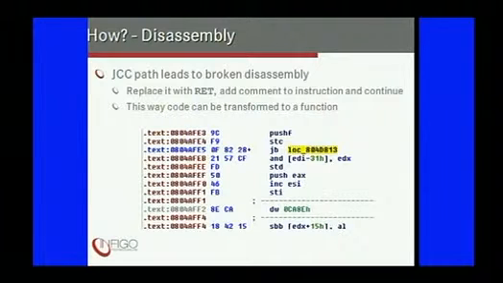If a program really takes this fake path, it will raise an exception, and you can use it for detecting debuggers and stuff like that.